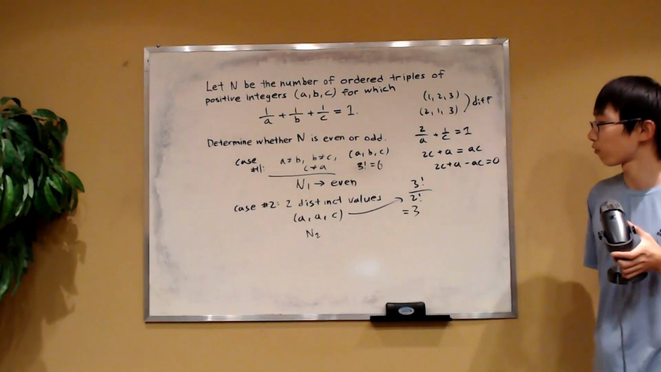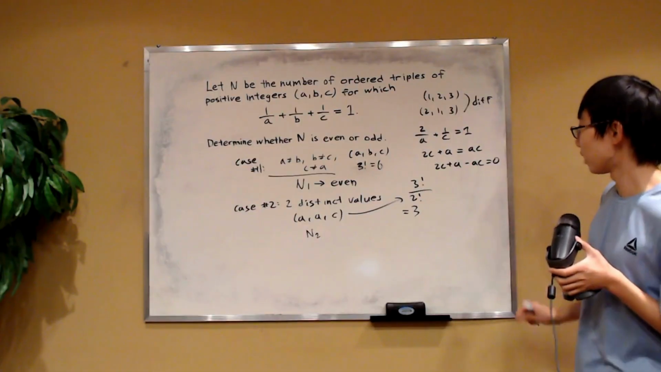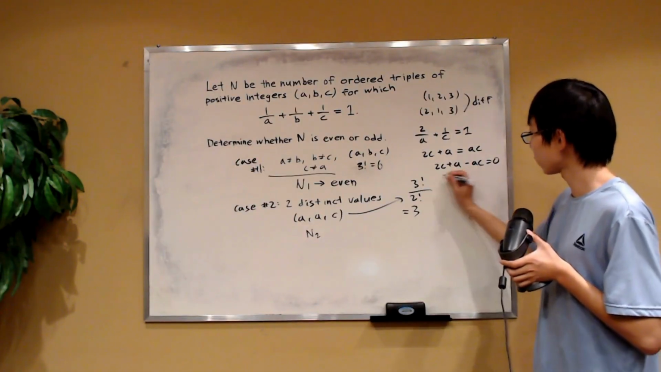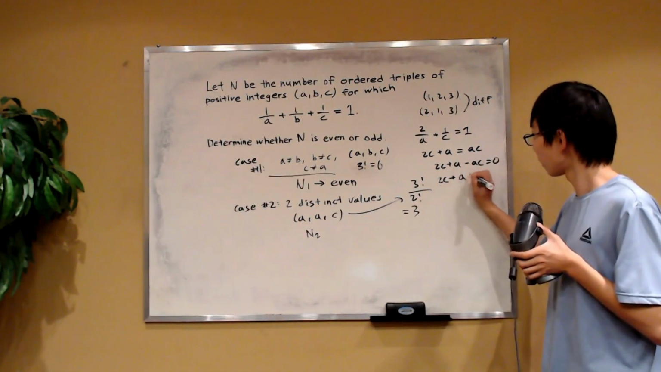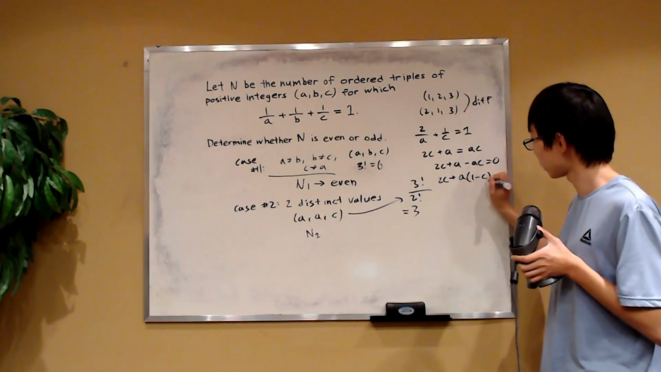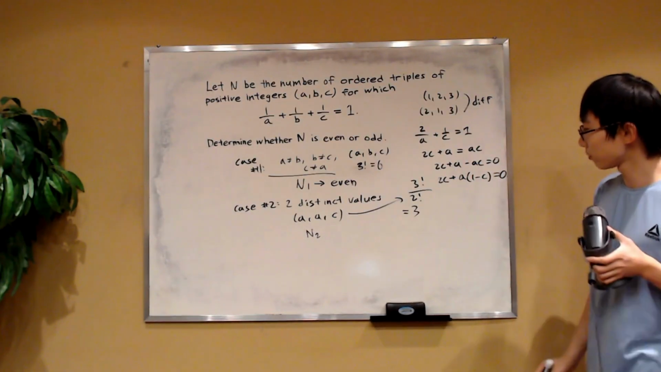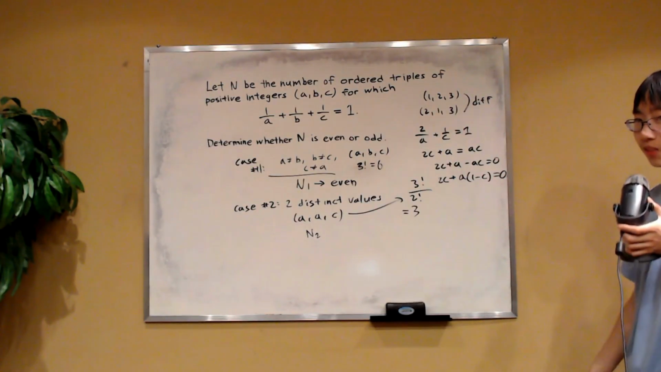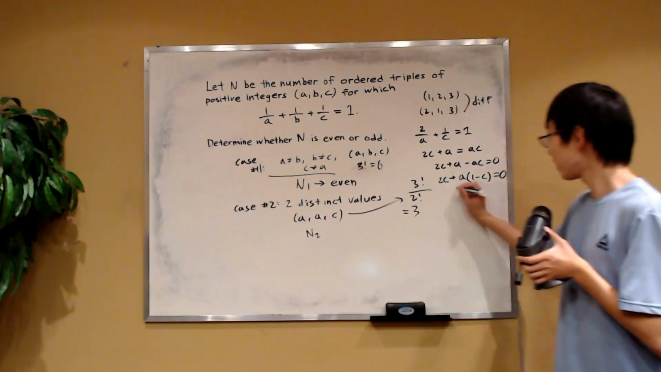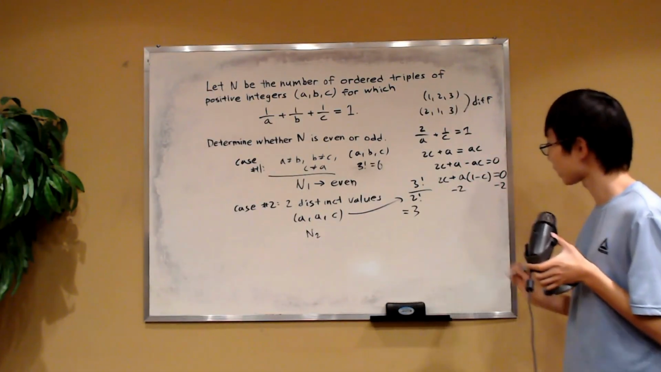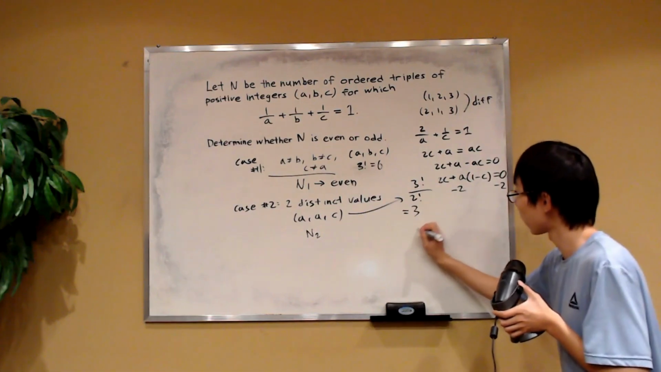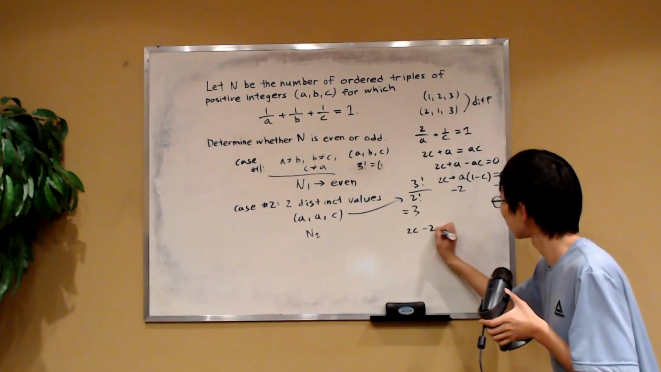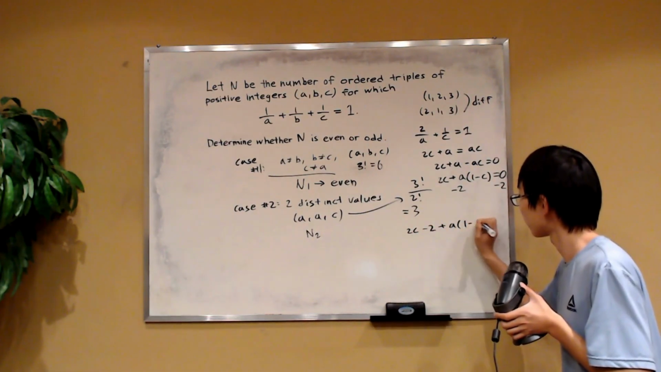And then here we can perform a factoring trick. Basically, what you do is you can first take out this a among these two terms. So that's 1 minus c over here. I'm running out of room. But then as you can see, we can actually complete the factoring. Do you see how? Well, if we subtract 2 on both sides, then our equation becomes 2c minus 2 plus a times 1 minus c is equal